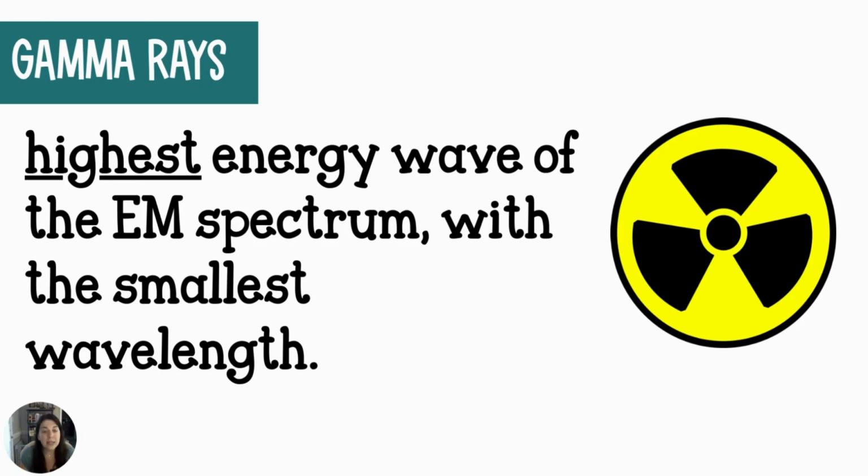The tiniest wavelength of the entire EM spectrum is the gamma rays, and these are the yucky ones that turned Bruce, whatever his name is, into the Hulk. Okay. That's not reality. But you can consider these rays that dangerous. They are super high energy. They have the tiniest wavelength out of everything, and they can penetrate through a foot or two of cement,